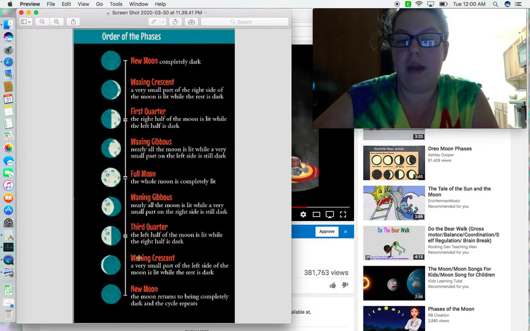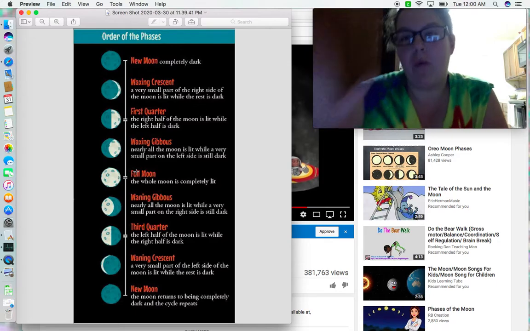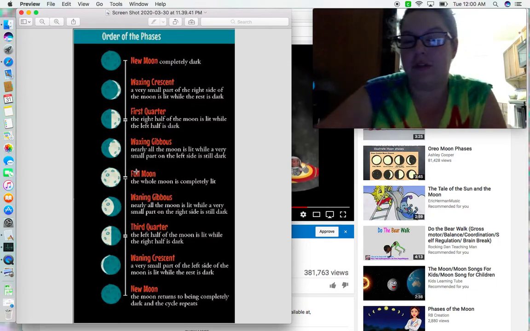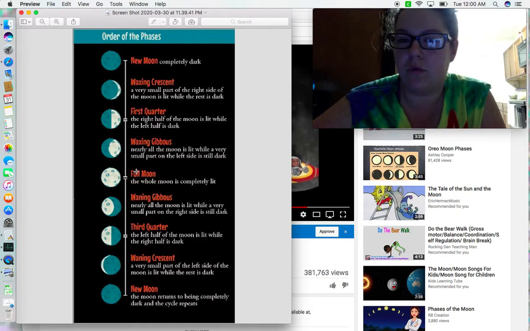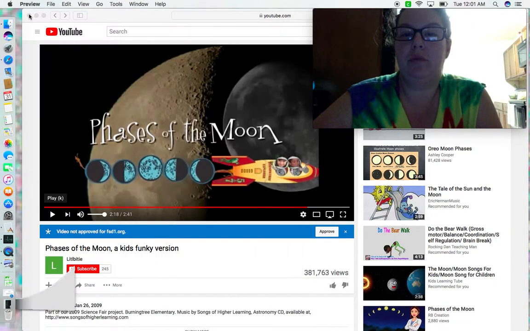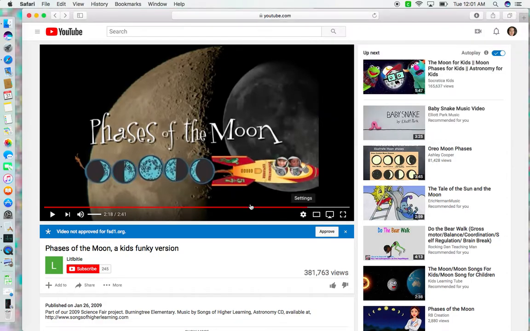And then waning gibbous means it's on the left, and it's also big. So my fourth graders years ago used to talk about wax on, wax off, or wax on, wane off. All right, so you can come up with cool little things to help you remember the phases of the moon. But my group of kids, when I taught fourth grade science years ago, absolutely loved,